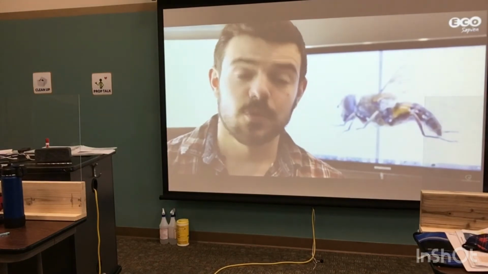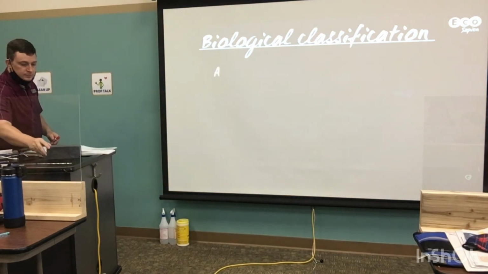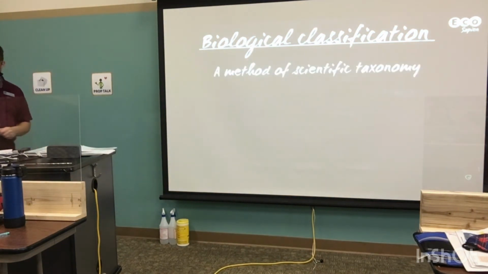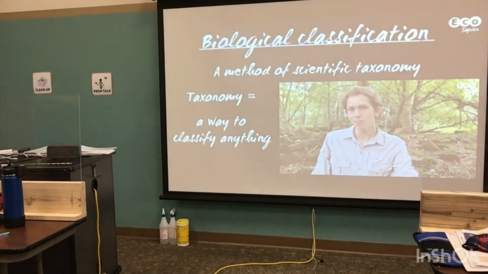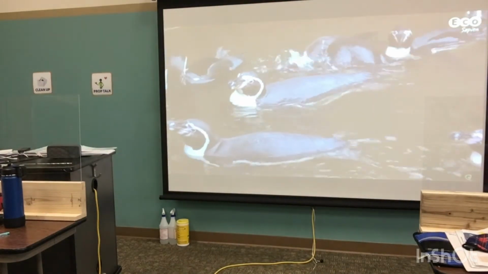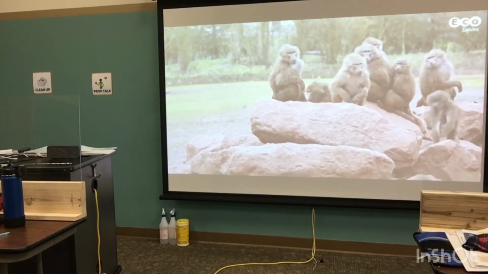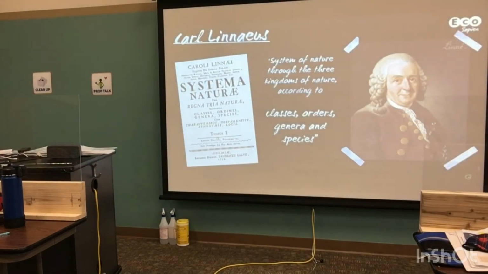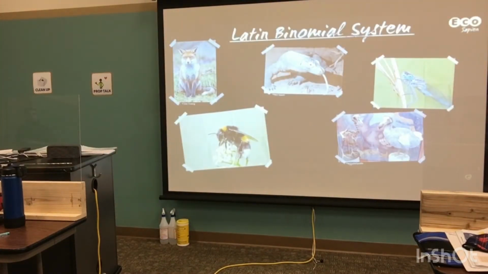In this episode, we'll be exploring biological classification. Biological classification is a form of scientific taxonomy. As we've learnt in Phil's Insect Orders episode, taxonomy is simply a way of putting things into categories. Biological classification is how scientists categorize all living things, from bison to bacteria. The man who came up with it all was Carl Linnaeus, who came up with a system of categorizing the natural world based on shared characteristics. Most importantly, he came up with something called the Latin binomial system, a two-worded system used today